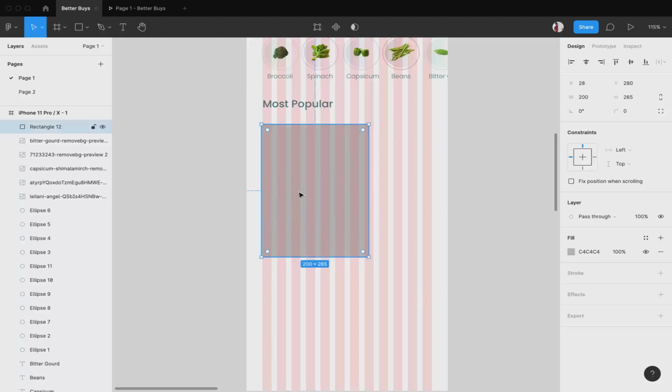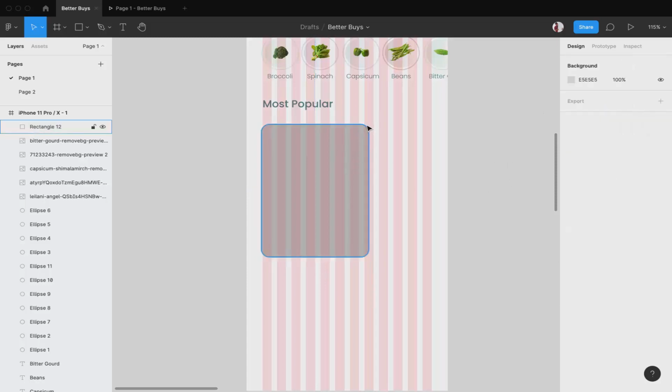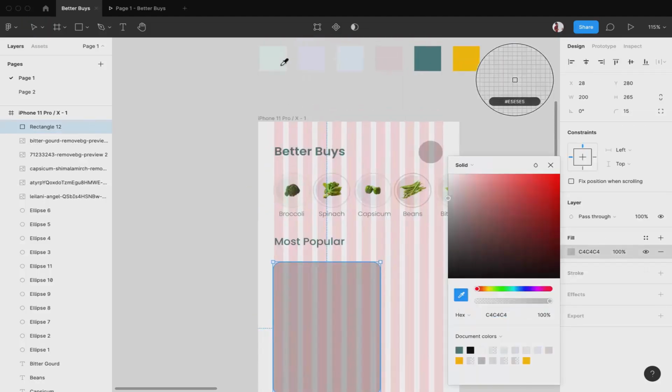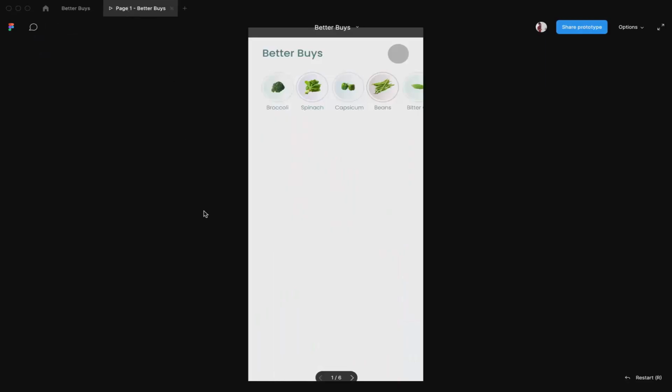Okay, now I want to make the borders curved, so let's say I give it an edge of 15. So over here, if you want to give the corners a radius, meaning if you want to make rounded corners, you write the degree over here. Okay, so now you can see this is rounded at the corners. Okay, now let's add the color. So we have our color palette over here. I'll use the first color. Okay, now let's see how it looks.